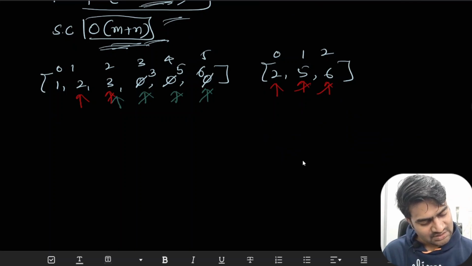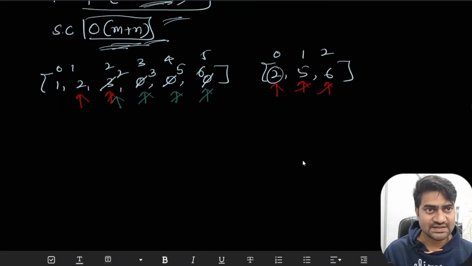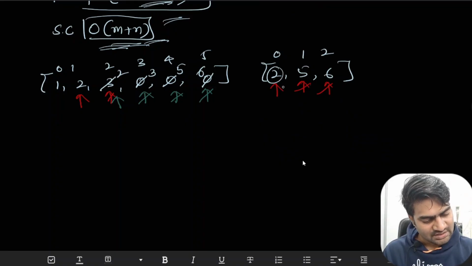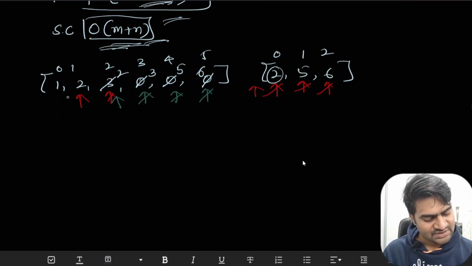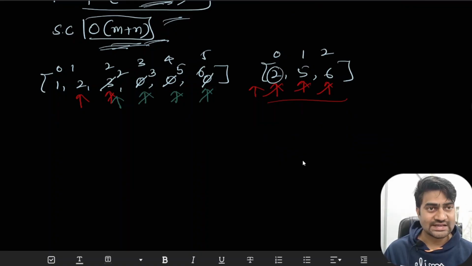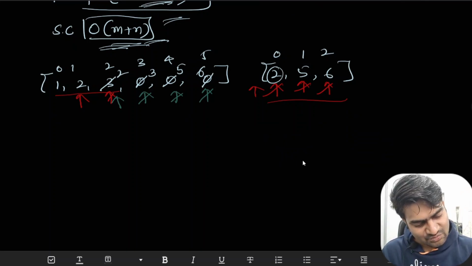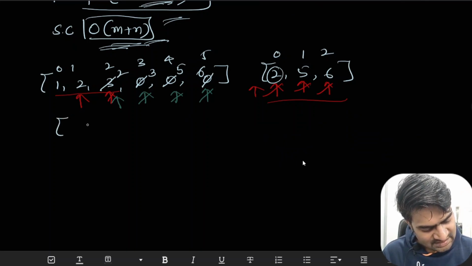Now I have this 2 and this 2, correct, right? So I will simply take this 2 and I will place it here. So this got exhausted. If any one array got exhausted, then you will have to stop there. But if the right array got exhausted first, then the left array will be in its correct position only. Assume we have something like this, maybe